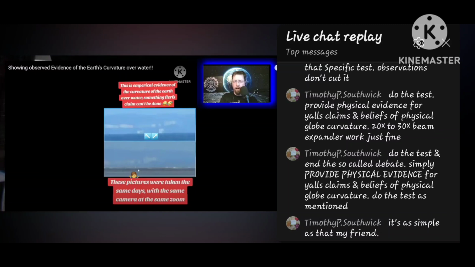This is a completely legitimate and very accurate representation and proof of physical curvature. You can see more when you're higher up, and when you go lower, because of the curvature of the Earth, we can't see things because they've disappeared over the curvature of the Earth. This is physical observation and proof of curvature. But Timothy is completely unwilling because he's too indoctrinated to accept this.